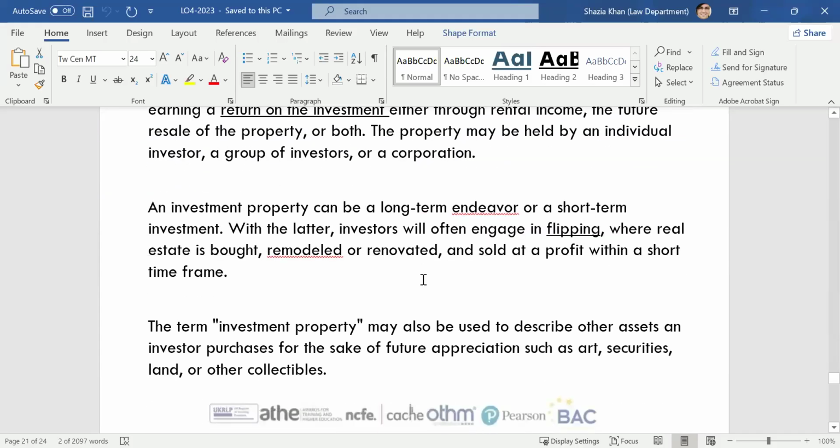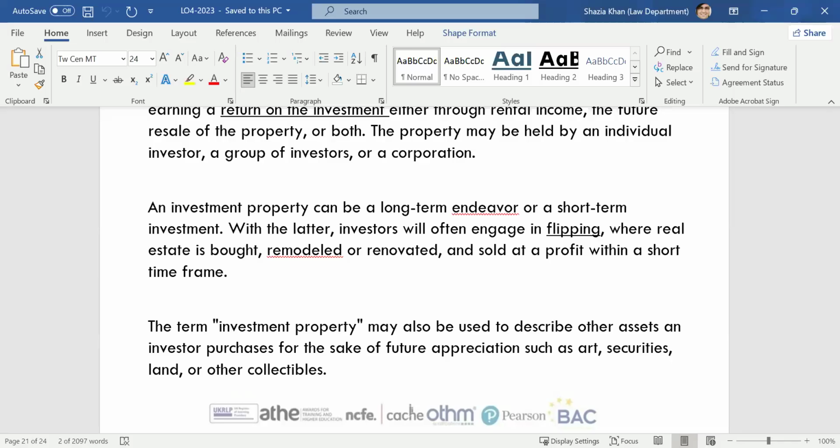So HMOs are houses of multiple occupancy, where someone buys a big house and rents it out to multiple occupants, generating a higher yield of profit. These tend to be one-bed apartments or rooms that they let out. Short-term rentals and holiday lets are for holiday makers, and people invest in these properties to gain some profit in the future.